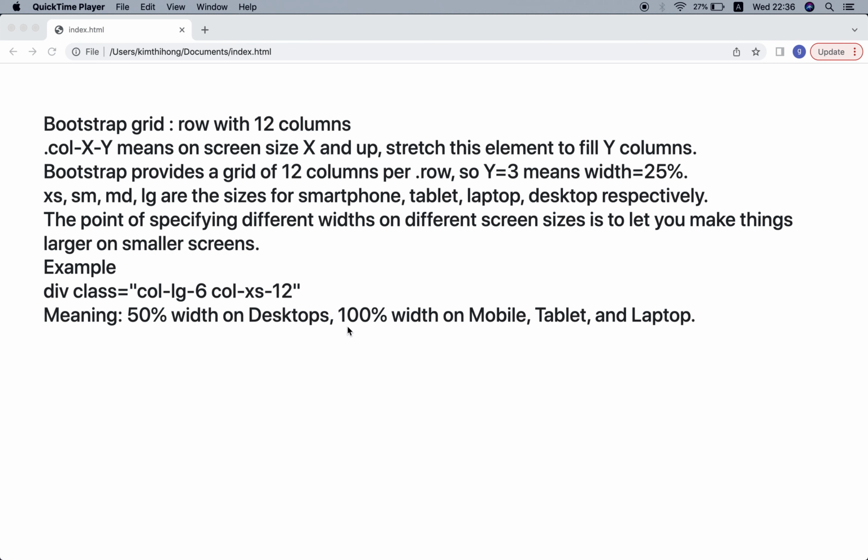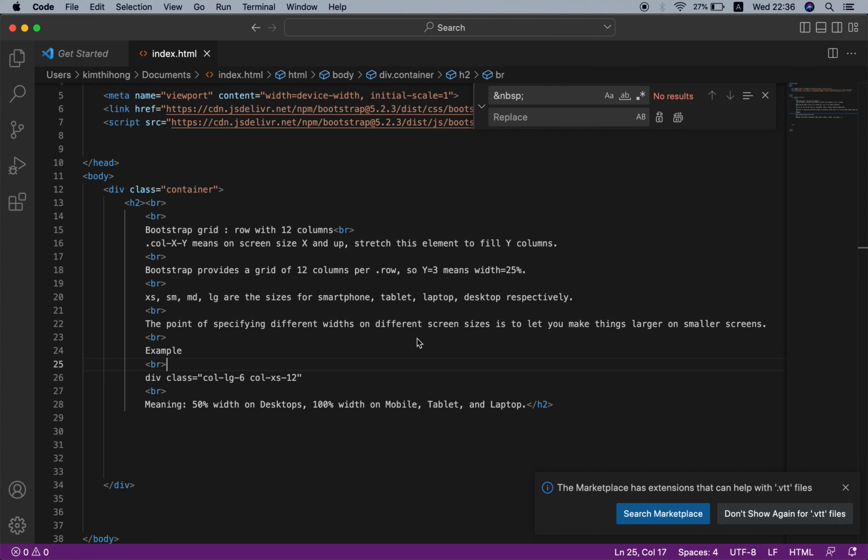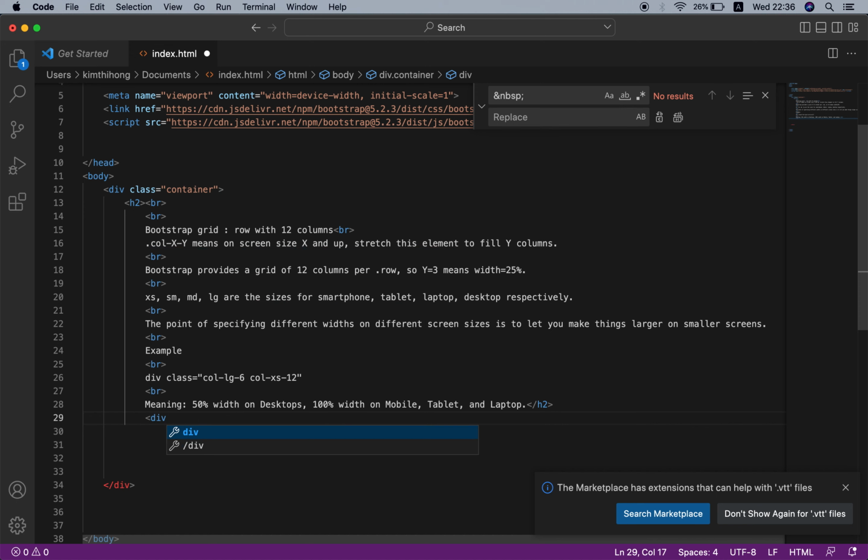So to understand the Bootstrap grid system with row and column, you should use div, and to use the row system you should use class row, and then each row should have a column.